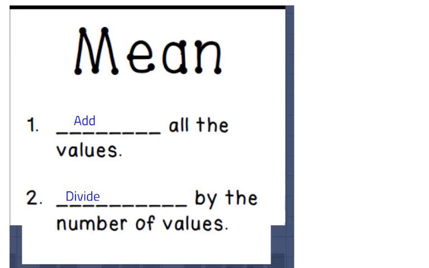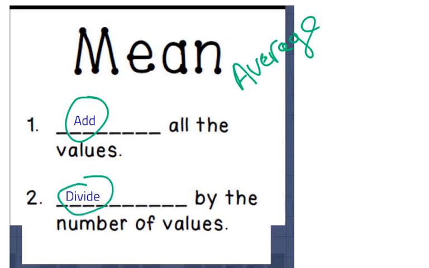Okay, let's talk about mean here for a minute. Another word for mean is average. The easiest way I can explain this to you is your grades. Normally your grade for the quarter is an average of how you did all quarter long. All the points you received added together, divided by the points that were available, is your average grade. Here's how we figure out the mean. We add all the values in your data set, then we divide by the number of values, okay?